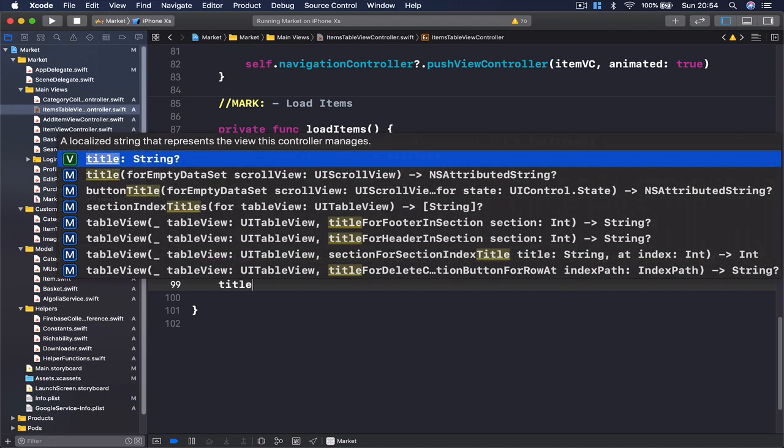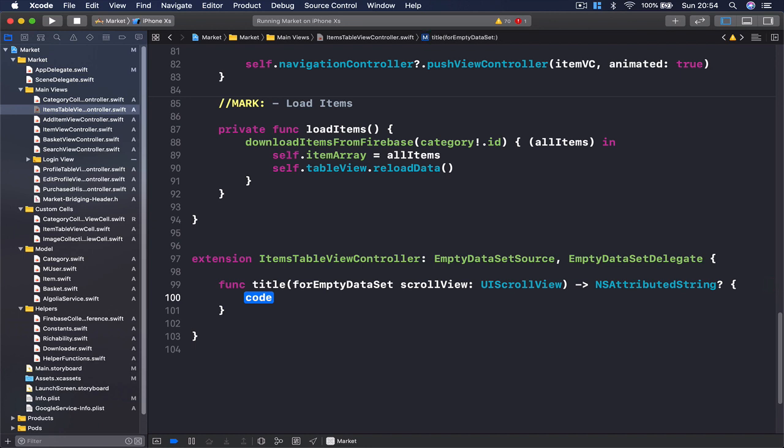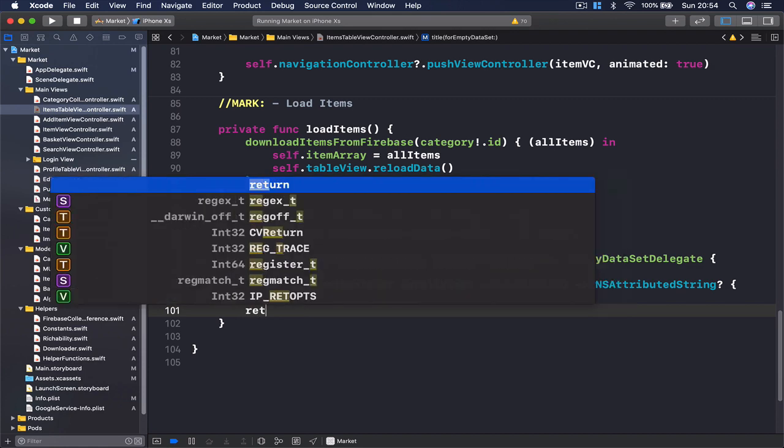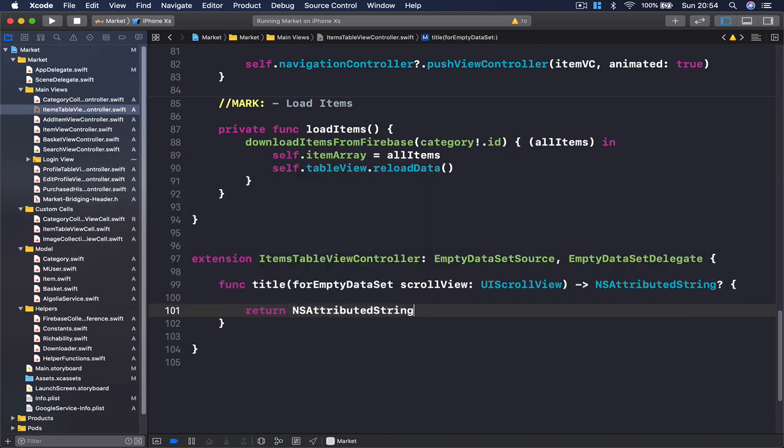So say title for emptyDataSet scrollView, and this is an NSAttributedString that we are going to return. I'm going to just say return, and let's create an NSAttributedString, and we're going to create one with a string, and the string is whatever we want to display. So we say "No items to display",